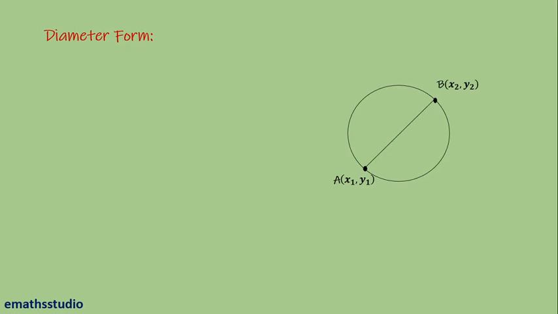Now, here is the next theory, and that is the diameter form of the circle. I'm considering one circle. A(x1, y1) is a point on the circle, B(x2, y2) is another point on the circle, and if I join AB, we get the diameter of the circle. So AB is the diameter of the circle. Now P(x, y) is some other point on the circle. If I join PA and PB, I hope you remember the theory that the angle here is always 90 degrees. That is, the diameter subtends a right angle at any point on the circle.